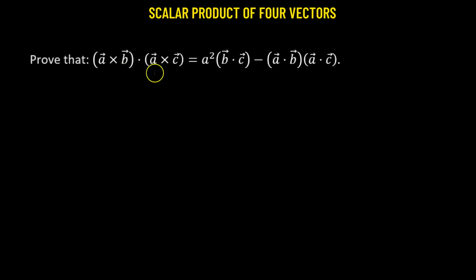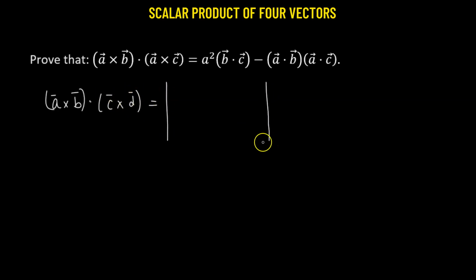So here, if we look at the term on the left hand side, this is the scalar product of four vectors, although A here is repeated. So we will use the formula that if we have A cross B dotted with C cross D, this can be expressed using a 2 by 2 determinant, which can be remembered if we distribute A cross B with C